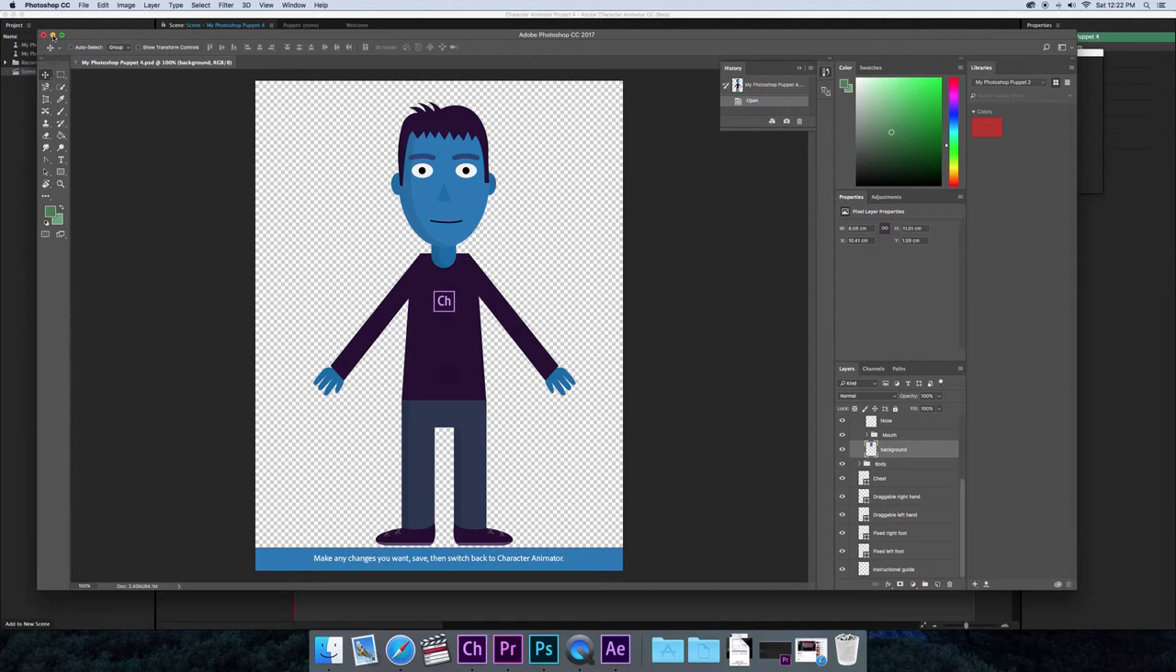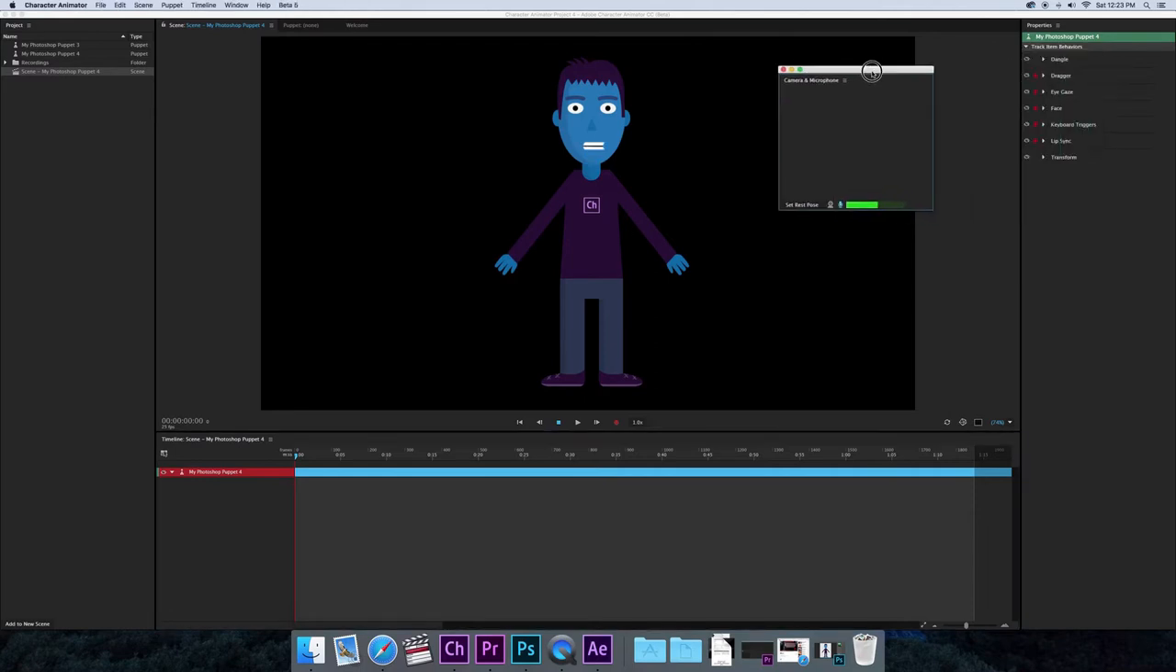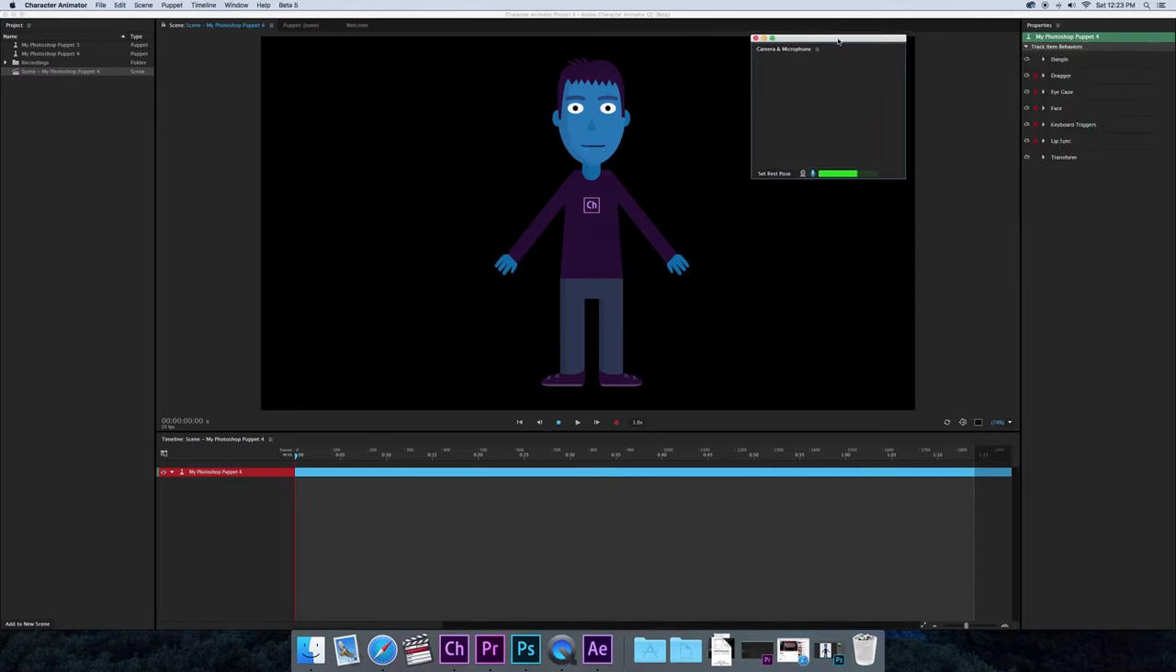So I'll just close that down, and when we go back to Animator, now you can see we've got this puppet. Next thing we need to do is to enable the facial recognition. So this little box here, that's got camera and microphone. So what we need to do is click on this one, that switches on the camera on your computer,